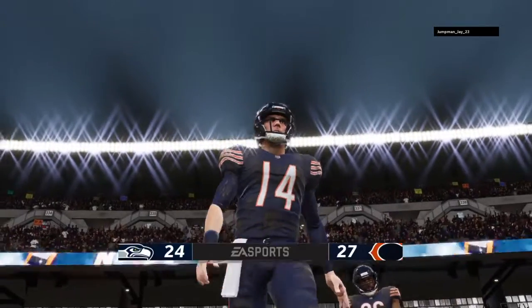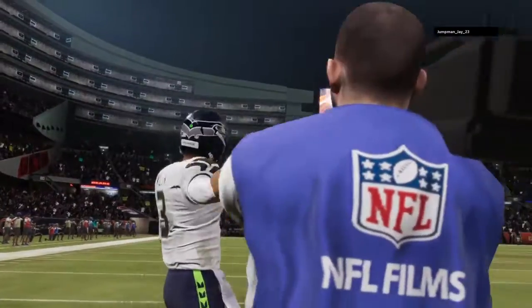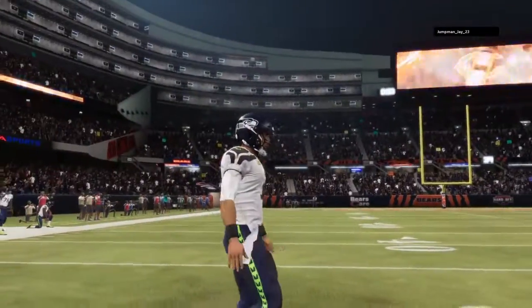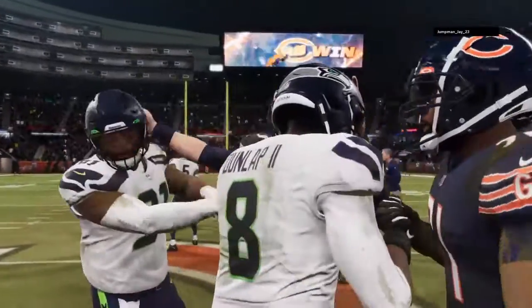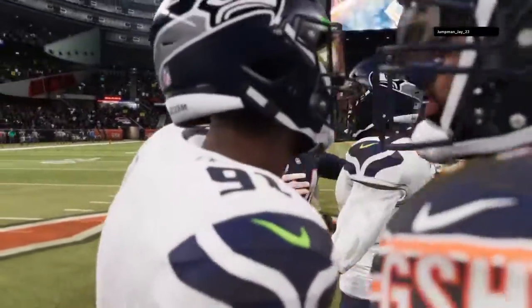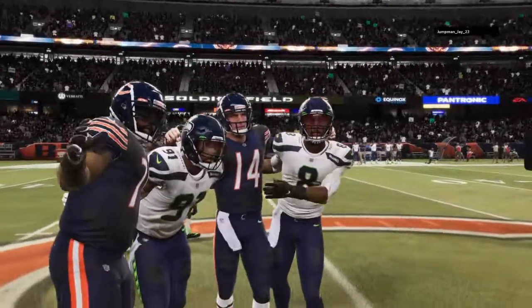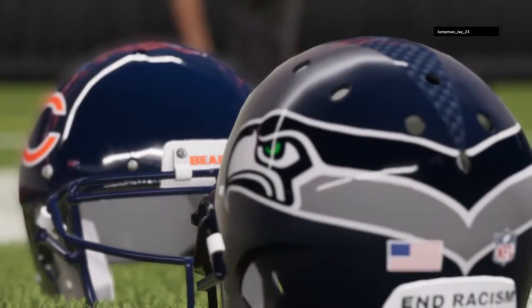And it wasn't really always pretty. They had their bumps and bruises. Really, both sides did. But they did what they needed to do at home to get the win. Yeah, they really had to grind this one out, didn't they? Because nothing came easy. Every snap was a major league brawl. They had to win at the line of scrimmage, win downfield. They got all those things accomplished. But to win a close one like this,